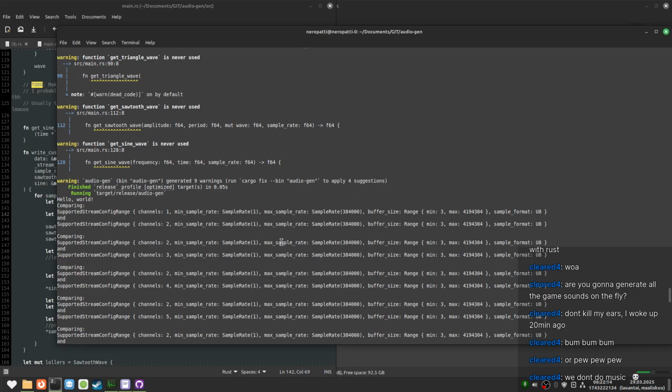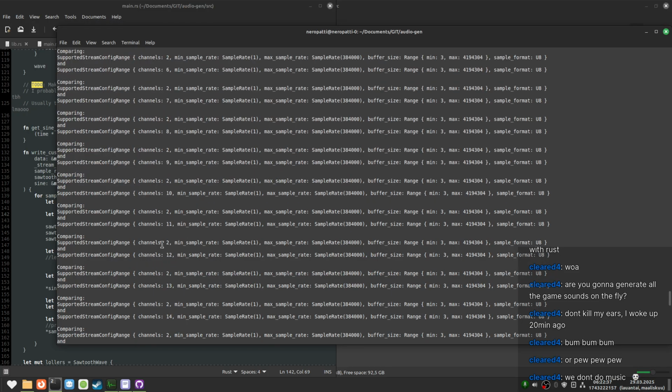So I just used the default heuristics. It compares first a U8 with this sample rate and one channel. Then we compare the one with one channel to another one with two channels, and the one with two channels wins, right? And the one with two channels will win against every single other one because we like to do stereo, right?